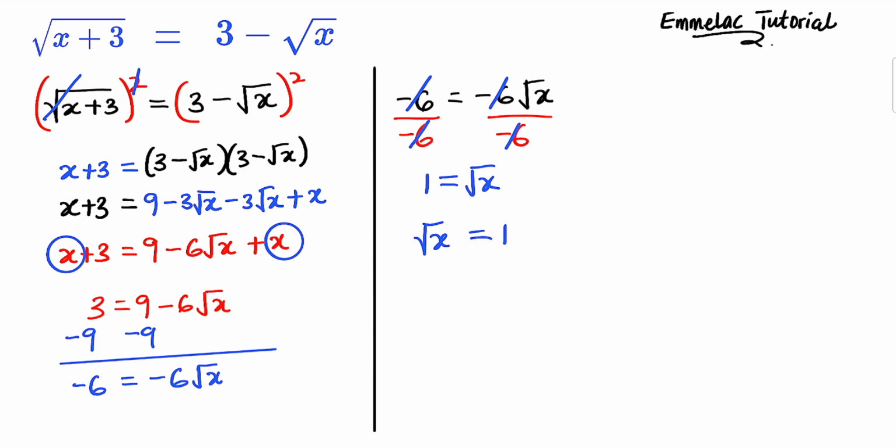So the next thing we need to do is to raise both sides to the power of 2. Why? Because we need to find the value of x and not the value of the square root of x. So this clears off these 2. We are left with x, and 1 raised to 2 is 1. So this is the value of x